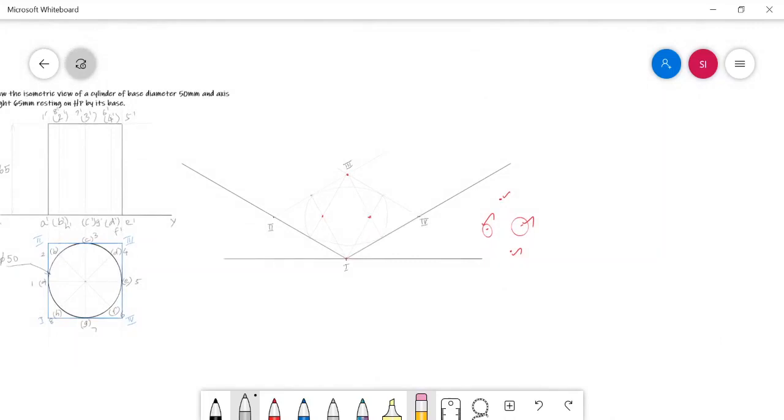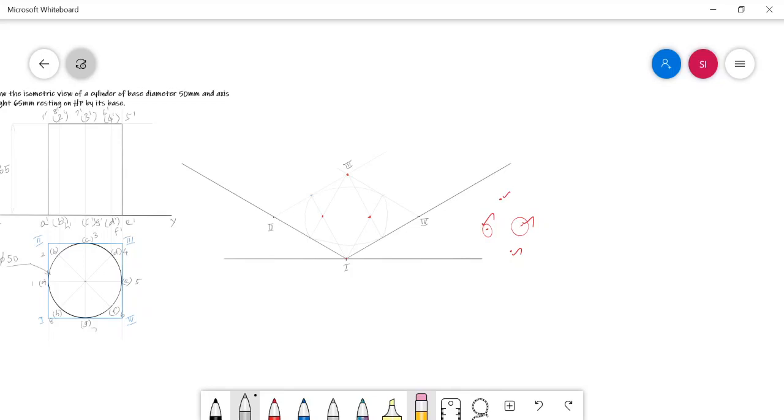After that, you need to draw one more circular face just above this at a height of 65 mm by using the same 4 center method. For that, first you need to draw the box surface, the square surface in the top area, with the same altitude of 65 mm.